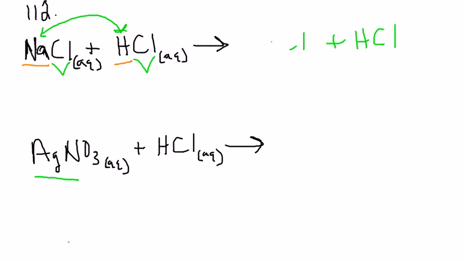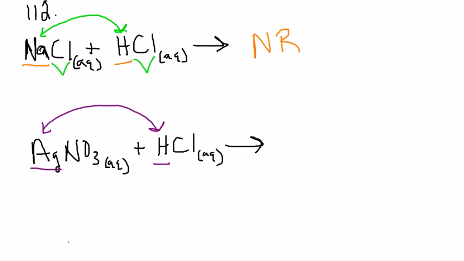So essentially we're left with the same thing, or no reaction. But now if we look at the second problem, we do have a little bit more going on here. I'm going to change the colors for these just to change things up a bit. On this one we have silver as our cation and hydrogen ion, and these guys will switch in a double replacement reaction that we talked about earlier, leaving us with